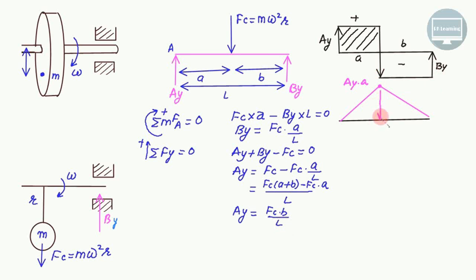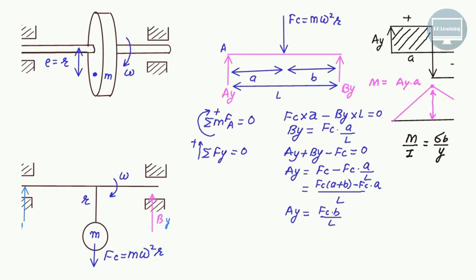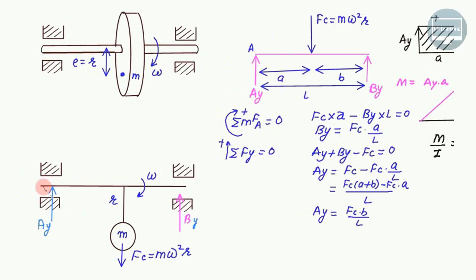Now because of the bending moment M, if this shaft is subjected to bending stress, that is equal to M by I equals sigma b by y. Is that correct? So because of bending stress, the shaft may fail at this point. That is one reason. Second reason is that